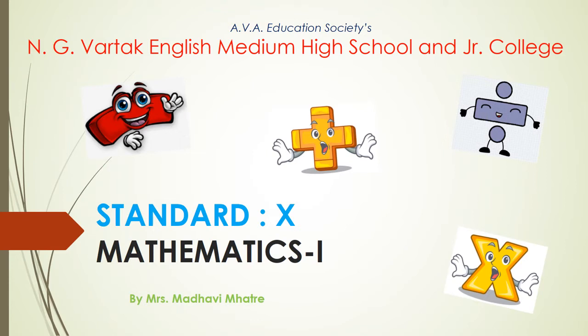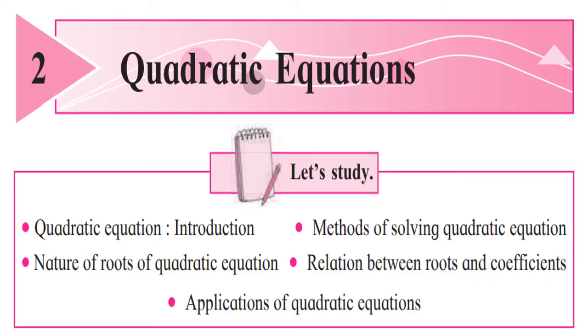Now let us go towards our chapter number 2. Chapter number 2 is quadratic equations. And in these quadratic equations we have seen the standard form of quadratic equation or general form, that is ax square plus bx plus c is equal to 0. And then we started with methods of solving quadratic equations. From that, the first method was factorization method. Practice set 2.2 is based on factorization method. That was very easy, and as I said, the question will appear for 2 marks.